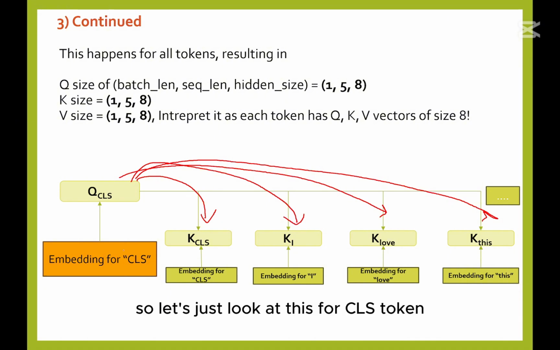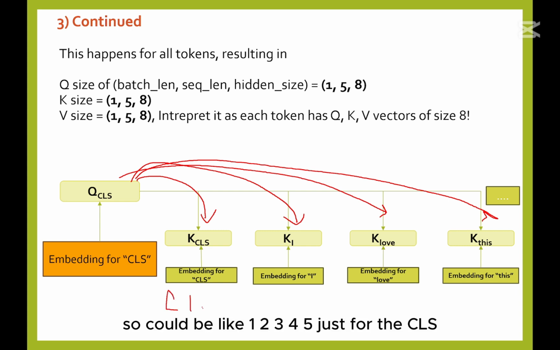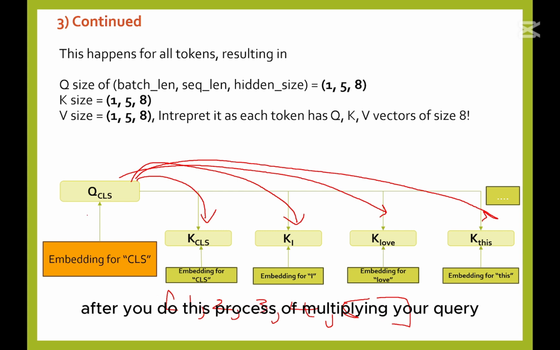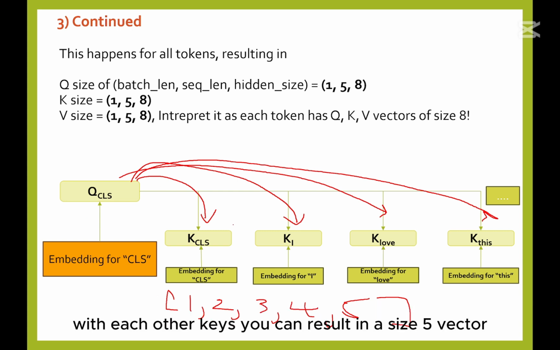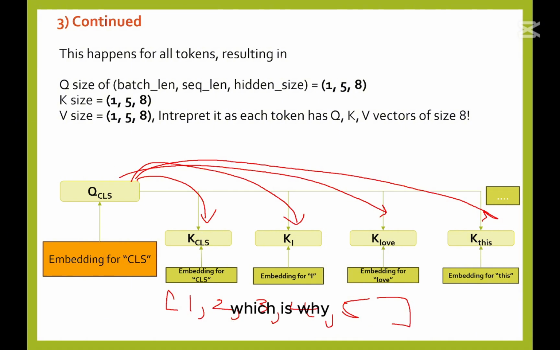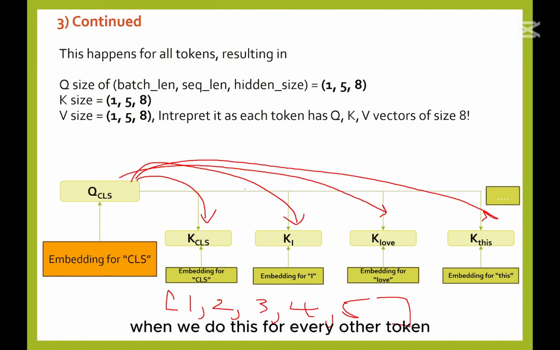So let's just look at this. For the CLS token, this results in a size 5 vector. So it could be like 1, 2, 3, 4, 5. So just for the CLS token, after you do this process of multiplying your query with each of the other keys, you're going to result in a size 5 vector. Which is why, when we do this for every other token,